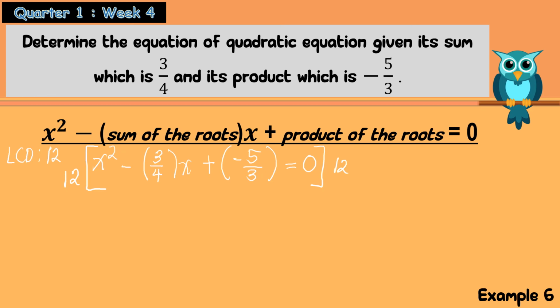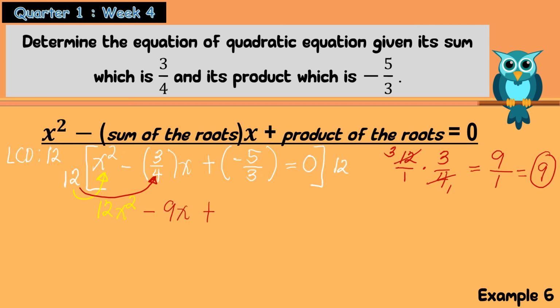So the first term, which is x squared, 12 times x squared, that's why you get 12x squared. Then afterwards, we're going to multiply 12 by positive 3/4. So you have here again 12 over 1 multiplied by 3/4. We can cancel out 12 and 4. Their GCF is 4, so 12 divided by 4 becomes 3, and 4 divided by 4 is equal to 1. So 3 times 3, you get 9, divided by 1 times 1, which is 1. So when we simplify 9 over 1, that is also equal to 9. So you get minus